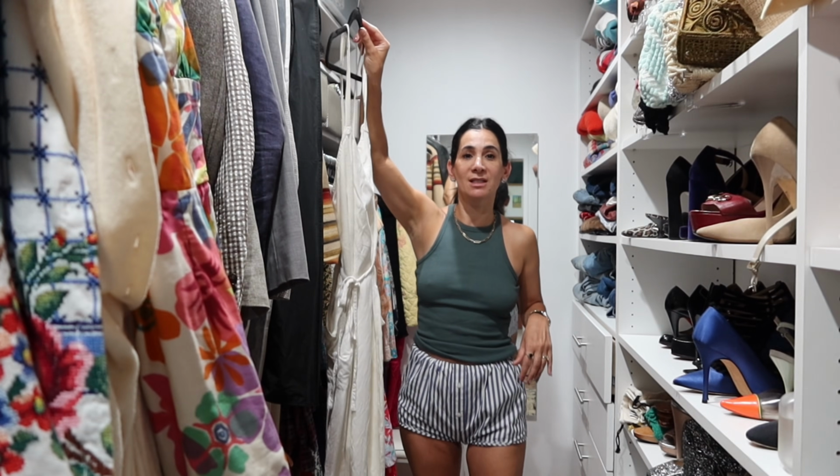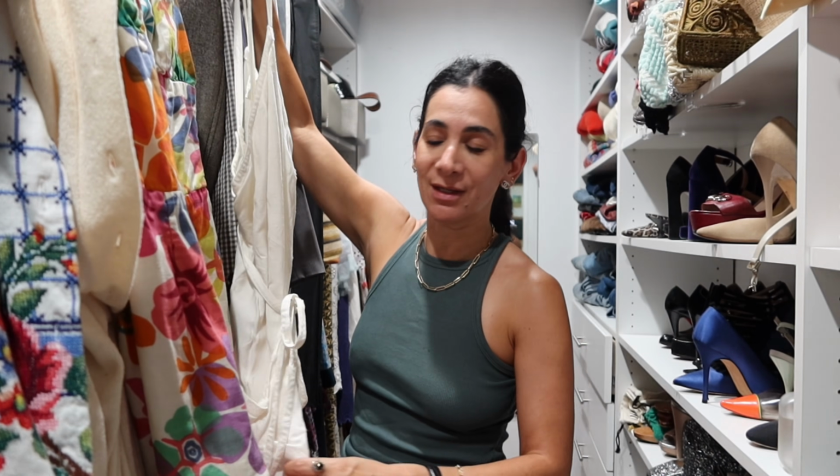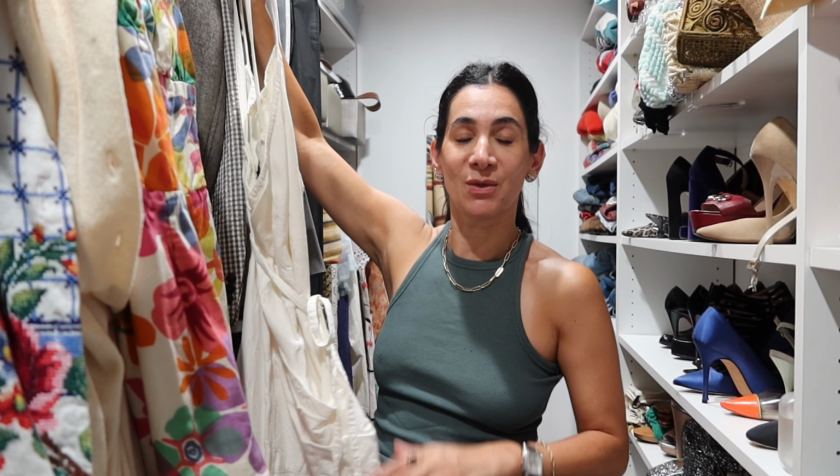Also, as you can see, I'm literally in boxer shorts and a tank top. I went pedal boating with Harley's Girl Scout troop. We got back and I was feeling so tired, and I thought today's a good day to do this